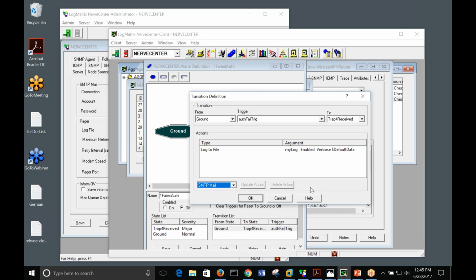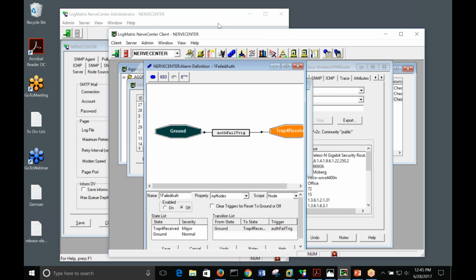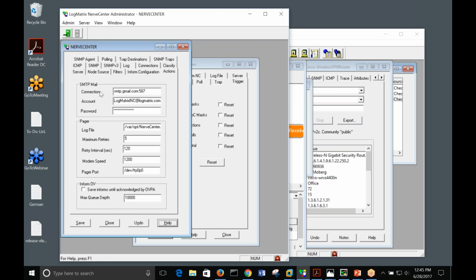SMTP-based notifications. Yeah, it used to be you had to have sendmail running on your Unix box, and now this mechanism essentially allows Nerve Center to be kind of like an email client, really. So you're simply attaching to an email server, similar to connecting as a client, and you're just sending the email that way,